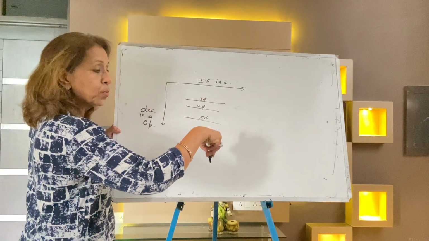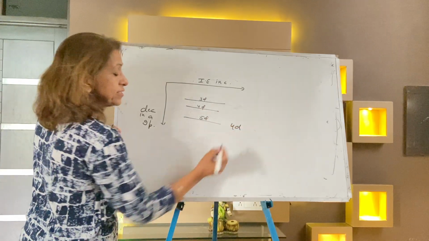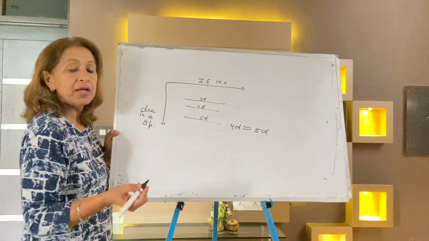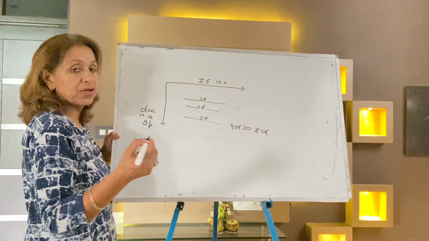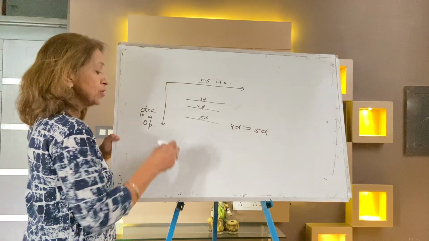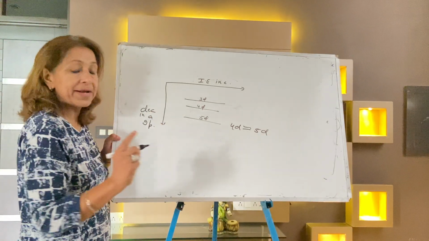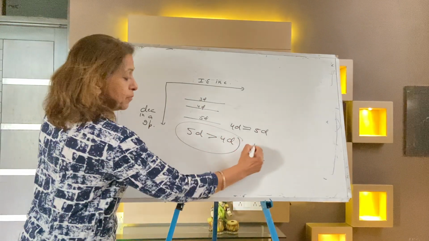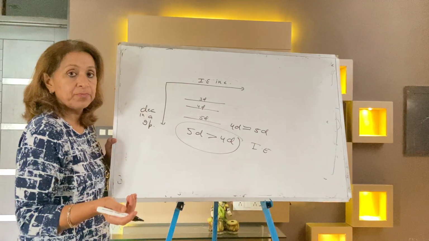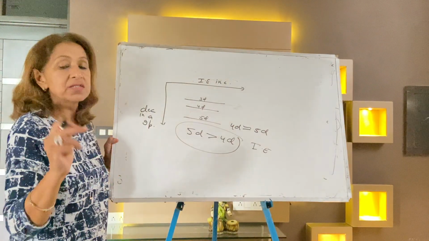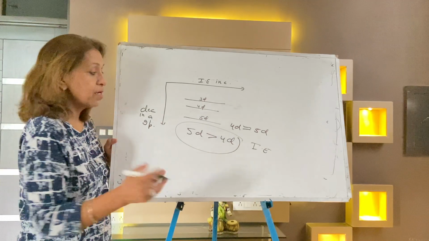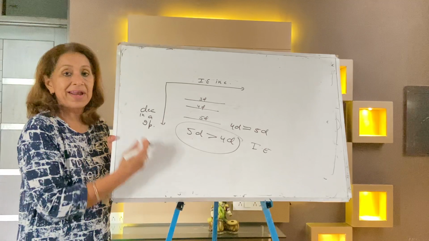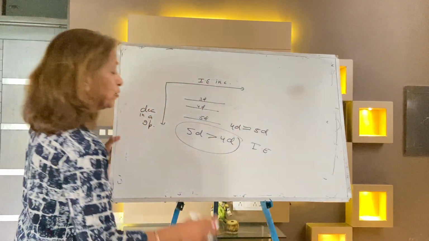Size increases in a group, but in my last session I told you the 4d series has approximately the same size as the 5d series. Why? Because of the lanthanide contraction in the 5d series. So write down one point: ionization energy always decreases in a group, but the ionization energy of 5d is greater than 4d. Remember this. Why? Because of the lanthanide contraction. This is one exceptional case.